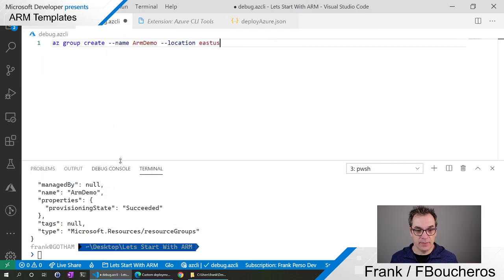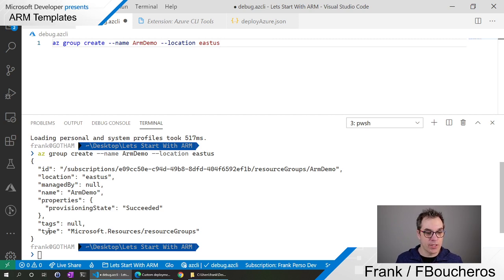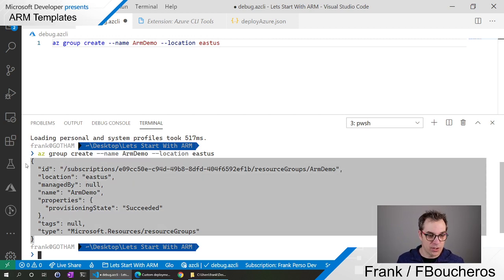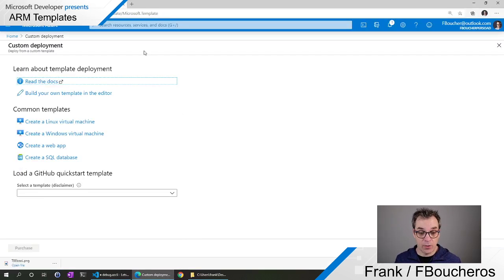It's connecting to my Azure and it's running, and now I have my JSON result. It says it succeeded. We created the ARM demo. And now if I go in my portal,